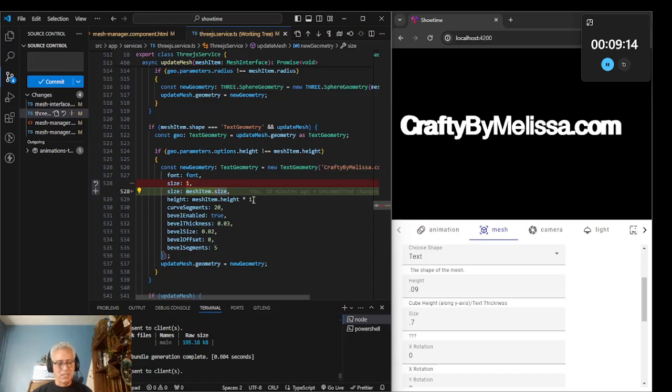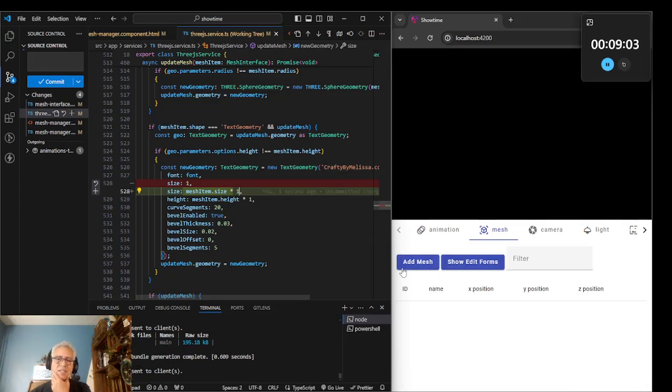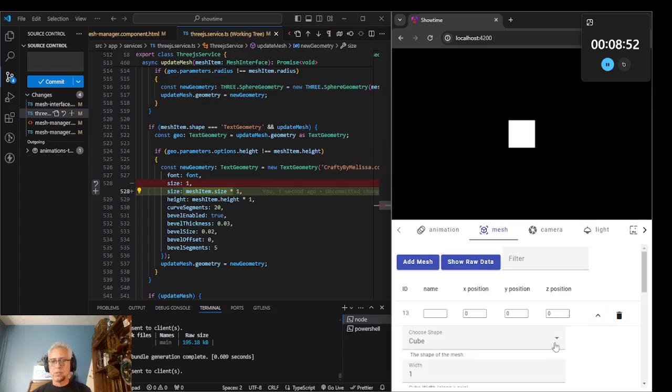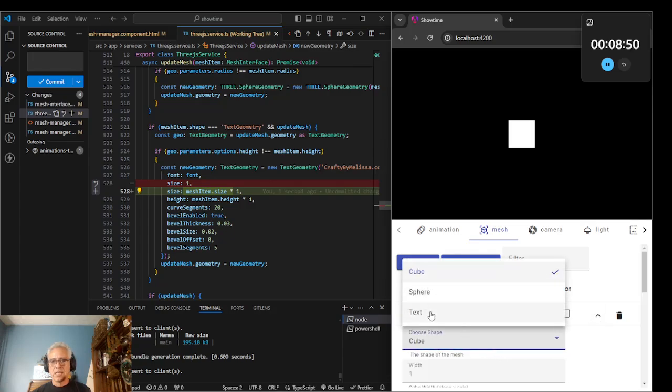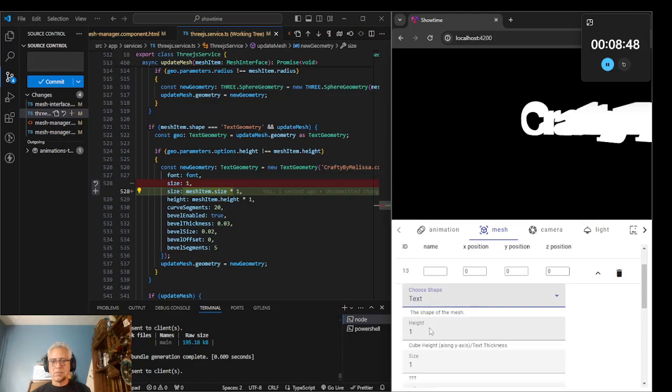I probably should have made that times 1 just so I could ensure that it stays a number. So I'm curious if I save this, if I lose it. Yeah, that causes, sometimes it knows that whatever change you made doesn't make a difference. But show edit form, change that to a text, and make the height 0.1 and make the size